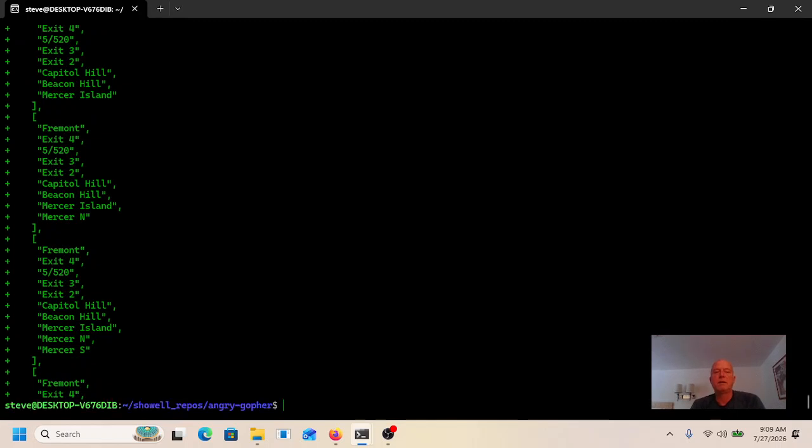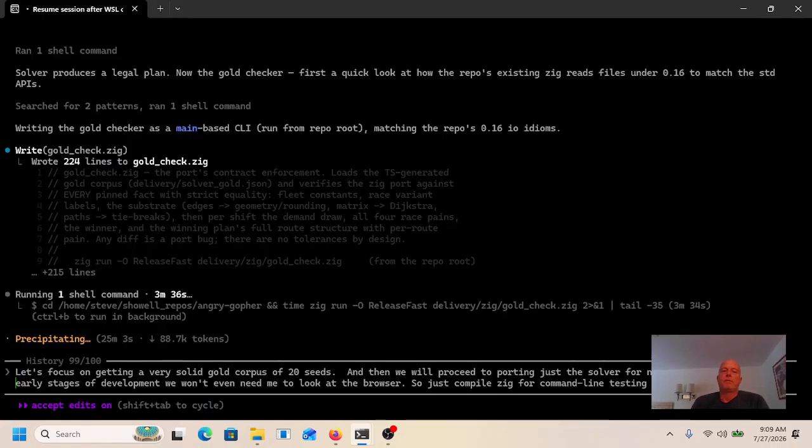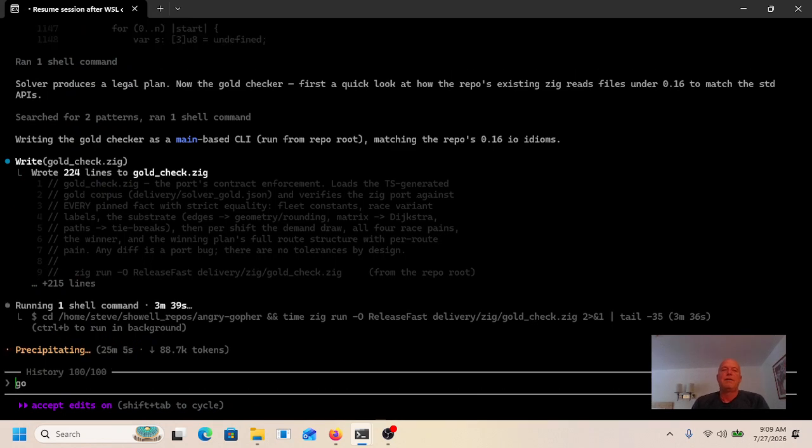We're going to have to match this in Zig with TypeScript, but by having this gold file, which is basically an automated test, we can then be assured that Zig is doing the same thing as the TypeScript code. But then after that, all I had to say was go, and so now Claude is just